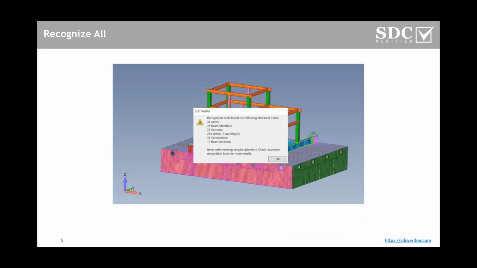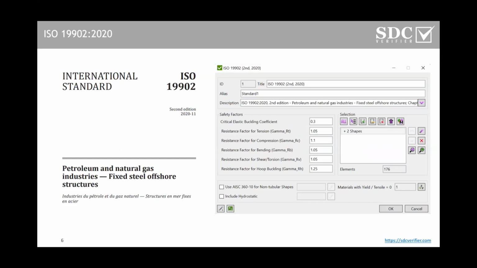There is a possibility to recognize all the structural members within one click. This is really impressive and fast, on a model with beams, plates and welds. If you need to do all the checks, you can find them all or quickly update all the recognitions within one click. New code for ISO, and as I mentioned,